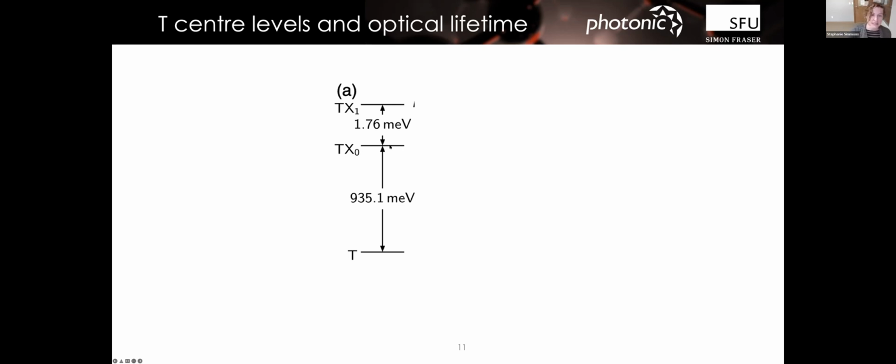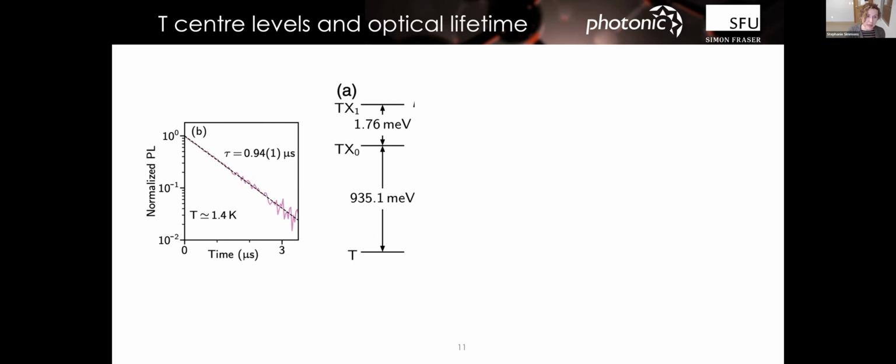And so you could treat this as a spin half manifold from an electron spin perspective. The lifetime of this thing is only about a microsecond, which is a Goldilocks zone for what we're interested in, because if you want to put these things into cavities or work in the high Purcell regime, you're going to be taking that lifetime down to nanoseconds or so. So this is a comfortable starting point where it's not so dim that you're having trouble hunting for individuals, which I'll get to towards the back end of this conversation.